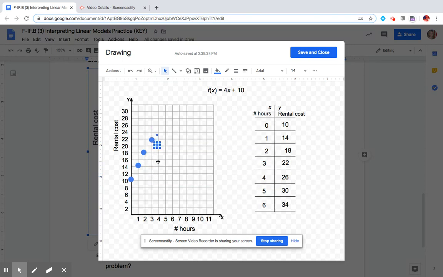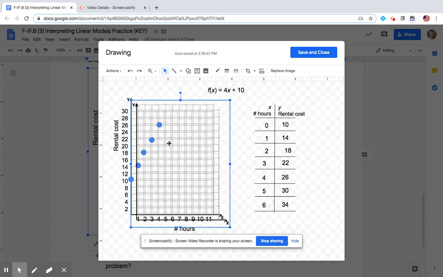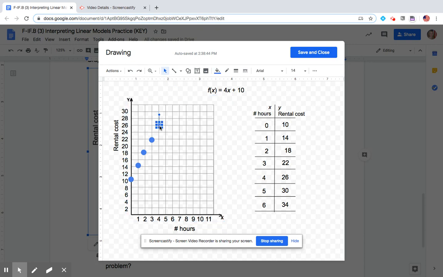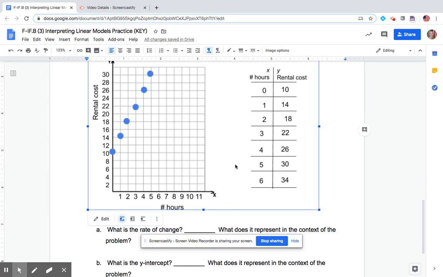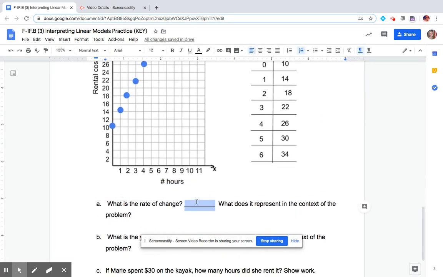So you can see that I'm going to go on my graph. It looks like I'm going up 2 here and to the right 1. But it's really up 2 spaces and to the right 1 space. And that one there was 5, 30, which is definitely on my table. So that's my graph of my function. And it asked me for the rate of change,